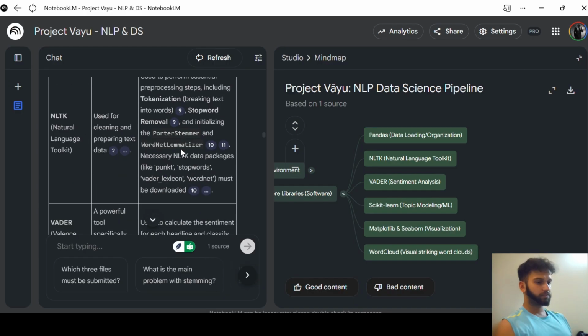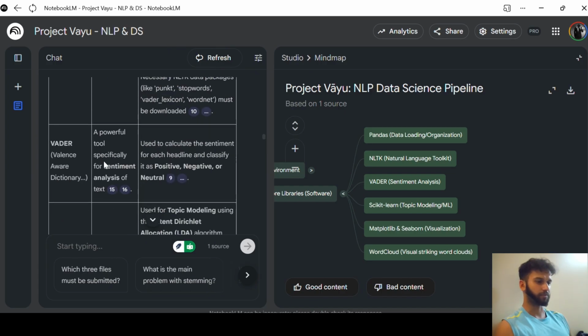The NLTK. This is the Natural Language Toolkit. For example, I'll try to explain it like this: when you are taking a data set of news headlines, say 200,000 news headlines, text based, you have to pre-process and clean the text and the words and everything. So for that data, the NLTK Natural Language Toolkit library is used. Tokenization, stop word removal, these are the NLP concepts that come under it.